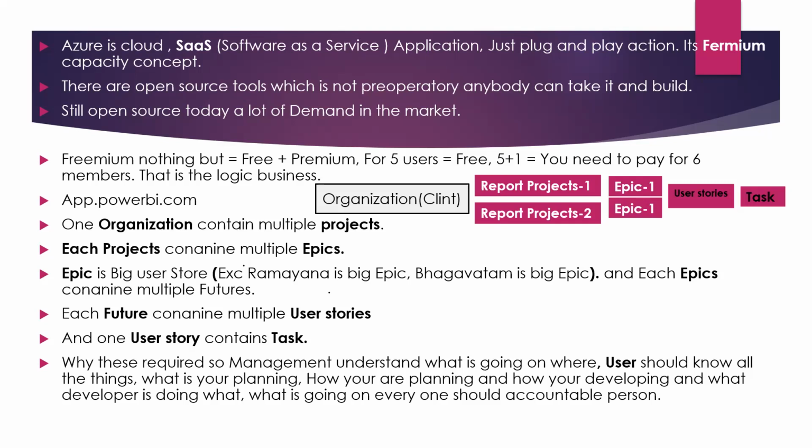Okay, as the strategy, how much you use, you pay that only. Earlier, if you had to use 2 GB data, you paid 300 rupees per month. Now once Jio came into the picture, you can use unlimited data for 300 rupees. Otherwise, if you want to use 10 GB data, you pay just 20 rupees. If you want 15 GB, you pay 15 rupees. So now that is free versus premium. For 5 users, it will be free. If you add any extra user, then you have to pay. Up to 5 users, you will be using it free.